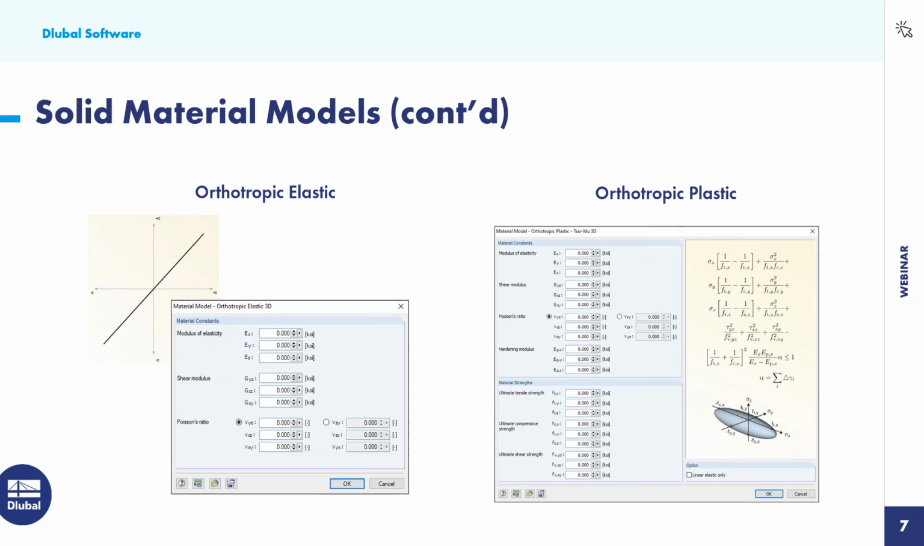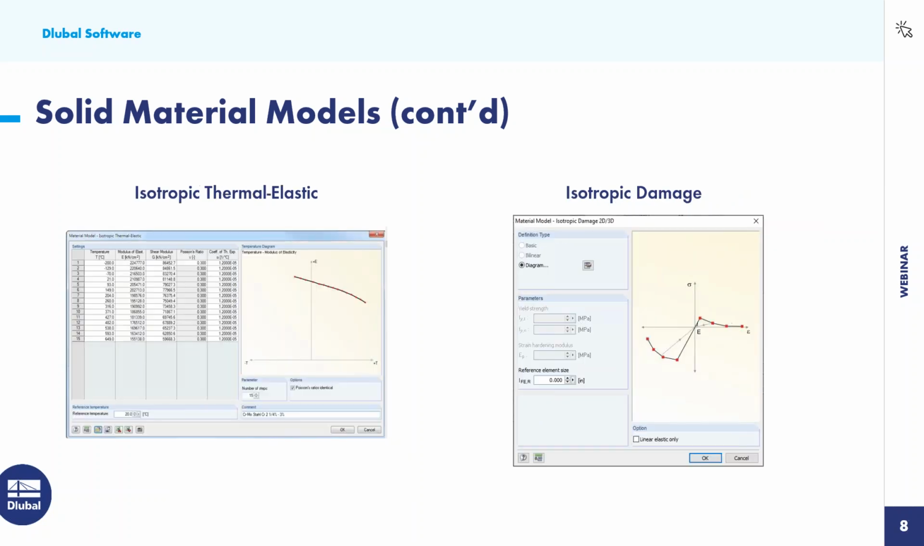So this utilizes the Tsai-Wu failure theory, and it allows for both plastic and orthotropic properties to be defined in three directions. Finally, the last two here, we have an isotropic thermal elastic, and this is a temperature-dependent stress strain where properties can be defined. And you can see we can import in from Microsoft Excel, for example, to go ahead and generate this relationship. This is beneficial for thermal loads where the modulus of elasticity can be reduced for higher temperatures,